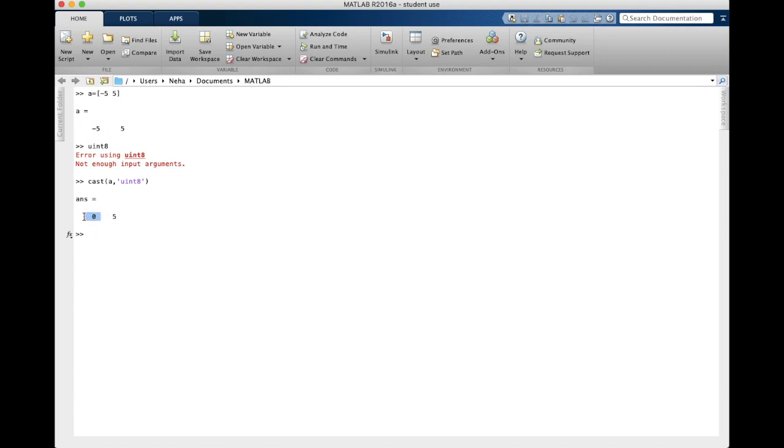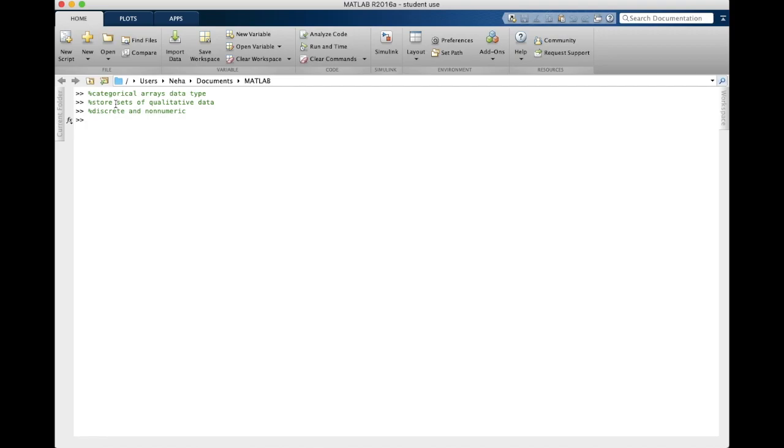So that is why this was changed to 0, which is the lowest value that it can take on. Now, there are many other different data types, but let's talk about categorical arrays. These store sets of qualitative data. So this qualitative data is non-numeric because it's qualitative and not quantitative, and it's discrete, so there would have to